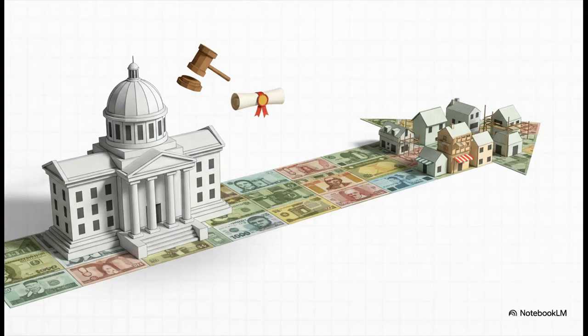First up, P is for political and legal. Just think about government policies or new regulations. For instance, if the government suddenly offers a big subsidy for building new homes, that creates a massive opportunity for the entire construction industry overnight. So for you, that means keeping an eye on those announcements. They could be a direct line to new business.